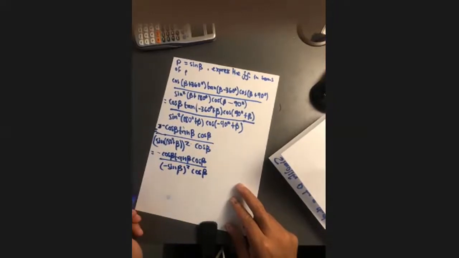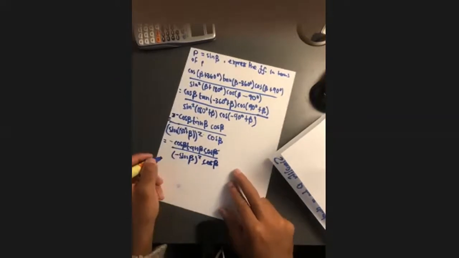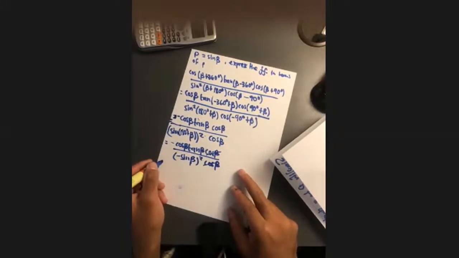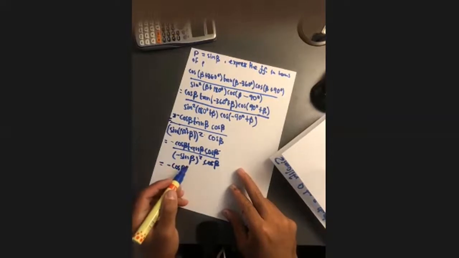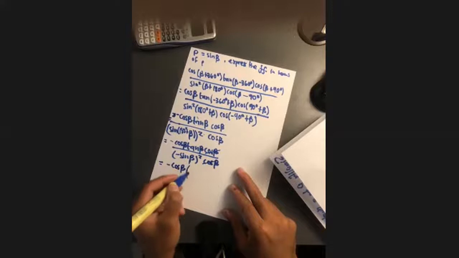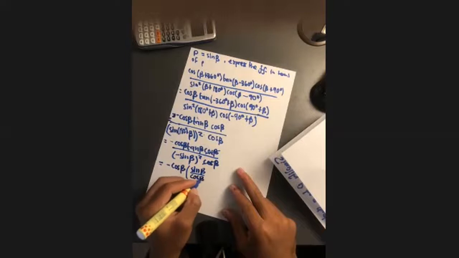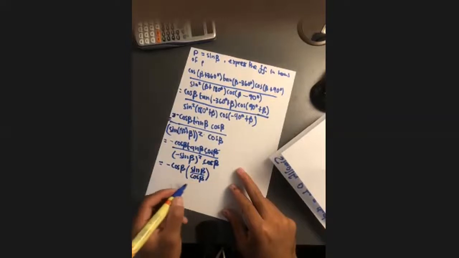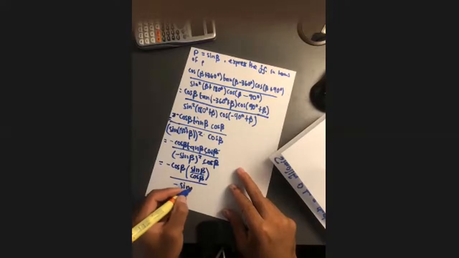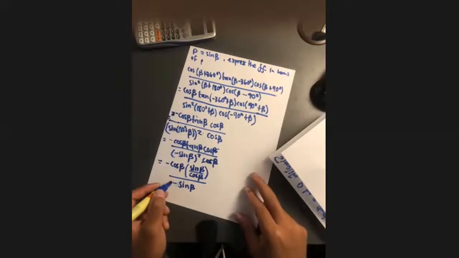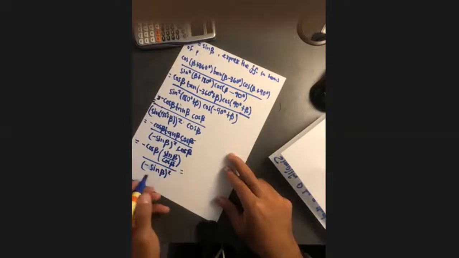So now we look at what can cross divide, and we see that this can cross divide, and then you are left with minus cos of beta. But you also know that tan can be written as the sine of b over the cosine of b. And then this is going to be over minus sine of b all squared. Now, since I'm running out of space, I'm just going to write the equal